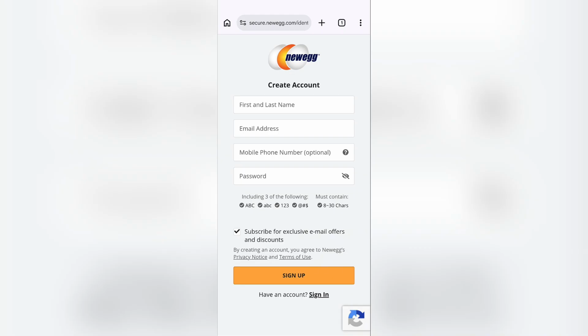After tapping to sign up you are going to see this page where you can enter your first and last name in the very top, and then email number in second, and then phone number in the third, which is optional, and then set a strong password for your account, which must include 3 of these following and must contain 8 to 30 characters in your password. And after creating all these, tap to sign up button and your account in Newegg will be created. So this is how you can create a Newegg